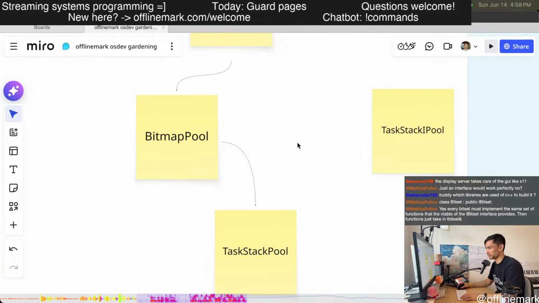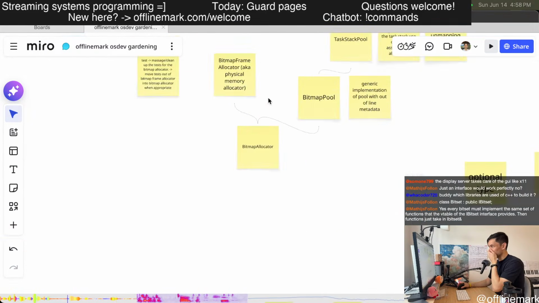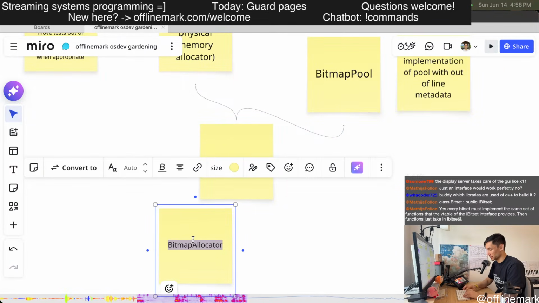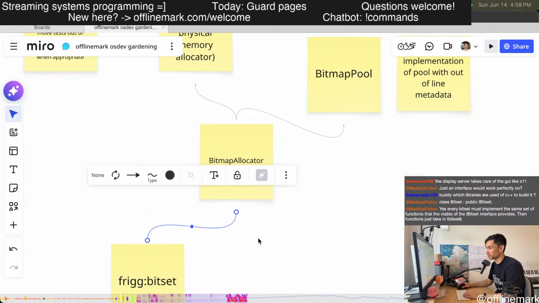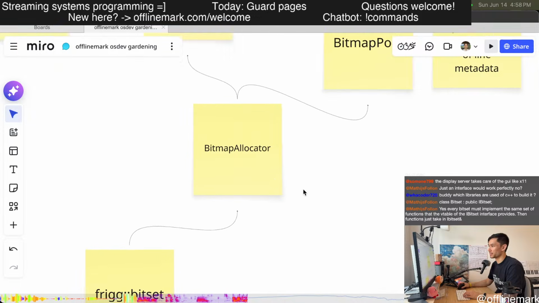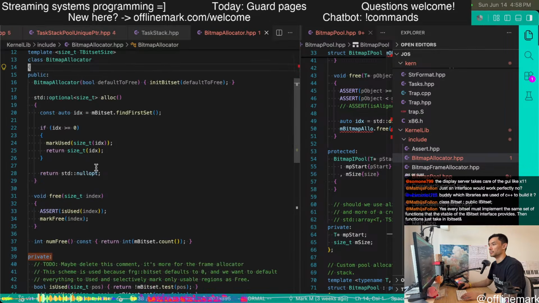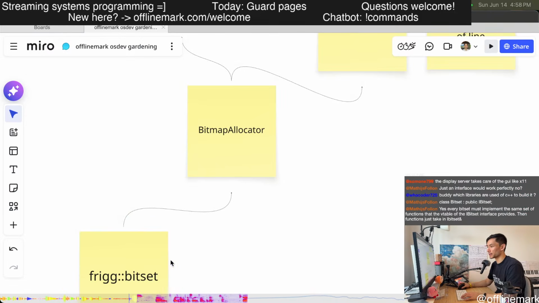Here's the architecture. And to be more complete, rig bit set is the really super low level bit set type. I wrap it in a thing called bitmap allocator to give it allocator semantics, where you can alloc and free from the bit set.